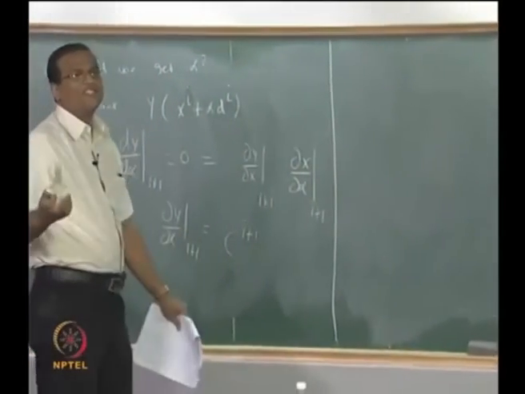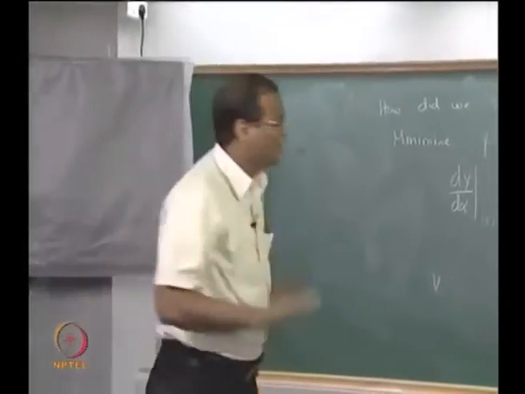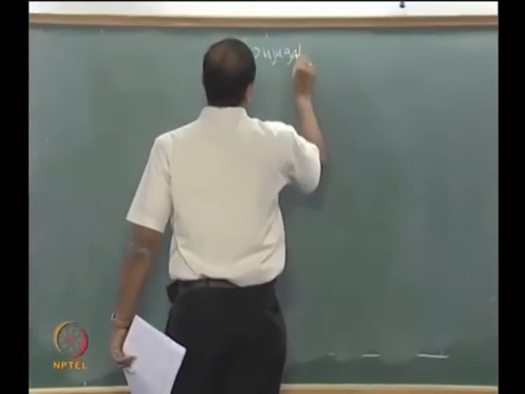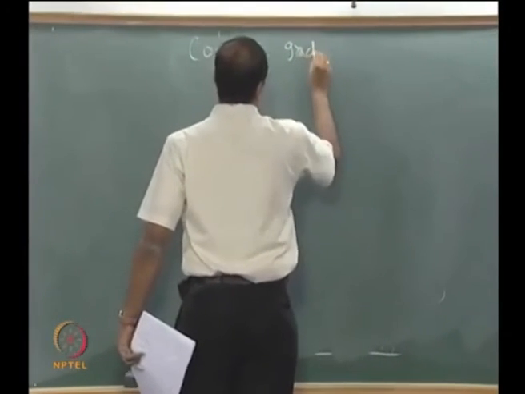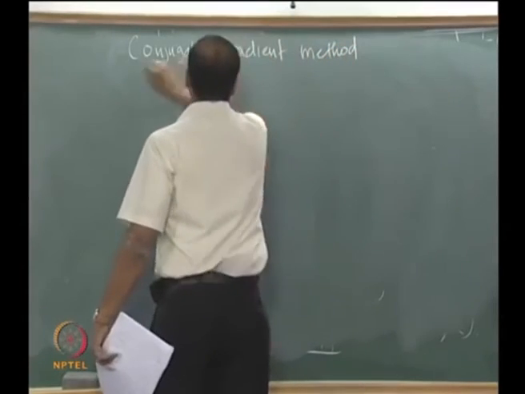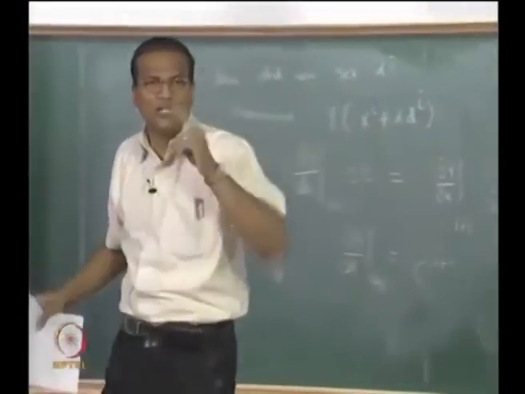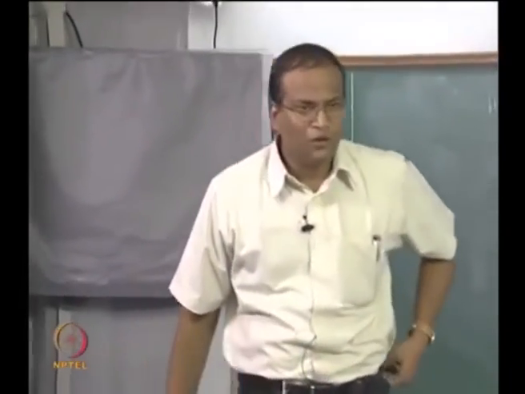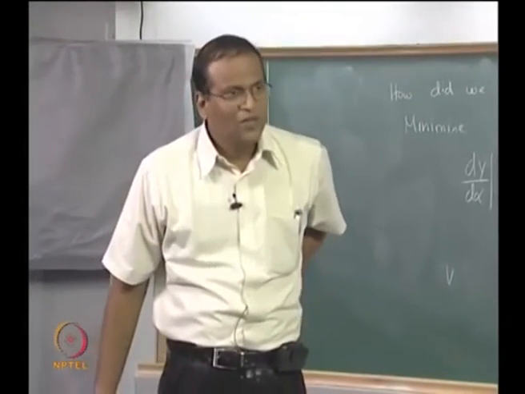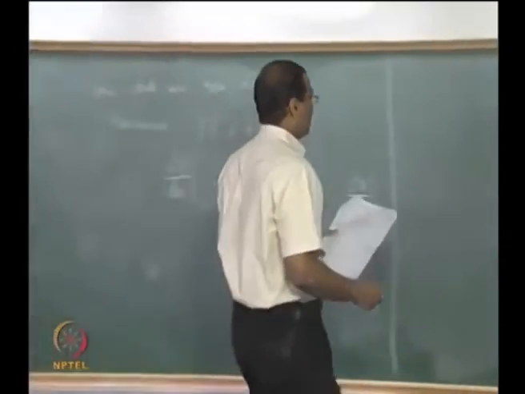You cannot get out of a 600 level course without at least hearing about conjugate gradient. Okay, so the conjugate gradient method. A very crude form of it we already saw, the Levenberg-Marquardt algorithm, when we did nonlinear regression, where a damping factor was introduced. That gives you a rudimentary idea of this conjugate gradient.